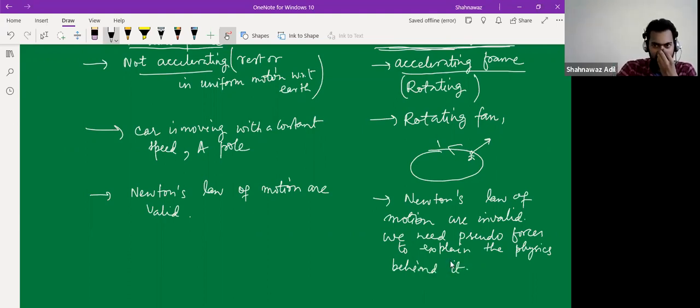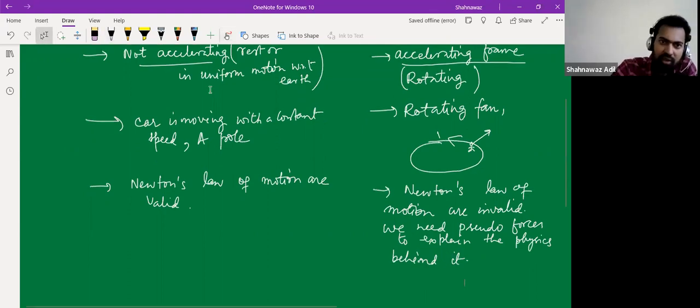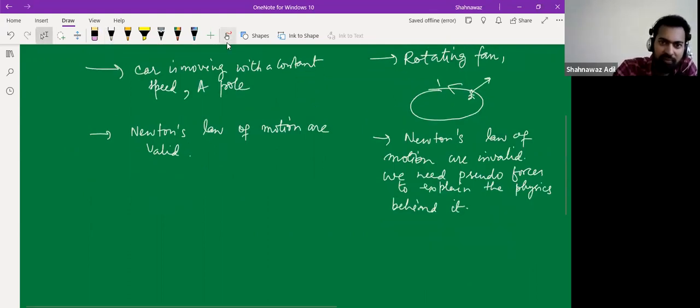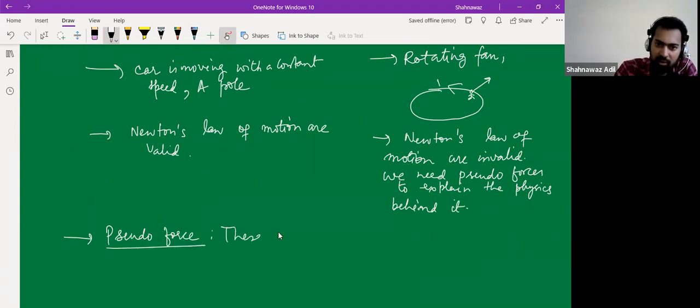Okay, so this was about the pseudo forces. So what are the pseudo forces? These are virtual forces